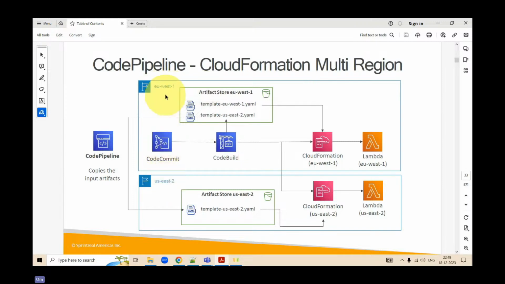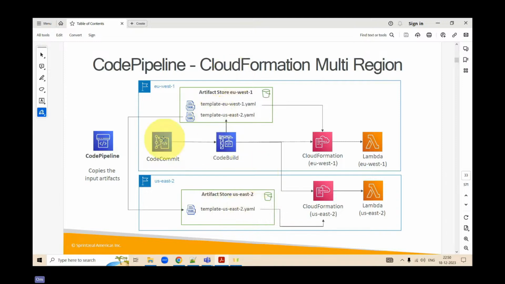So one is closer to the London region, and next is your Ohio region because US East 2 is Ohio. In both cases, the CodePipeline copies the input artifacts into your S3 bucket. So one bucket is lying in one region, another bucket is lying in the other.